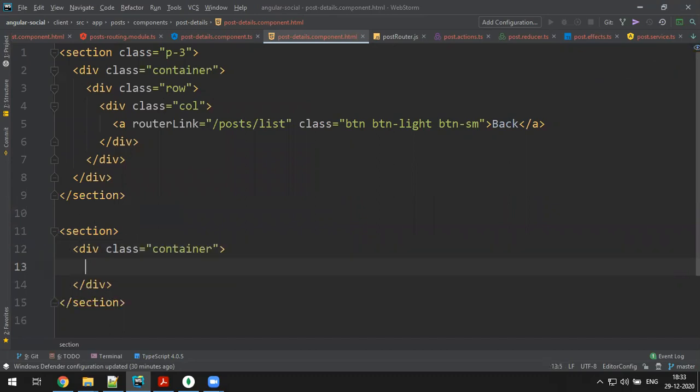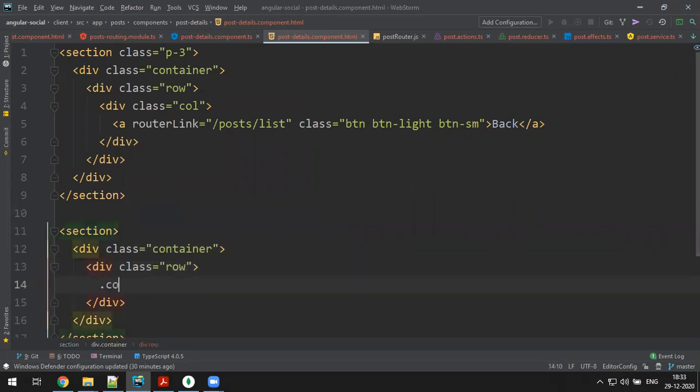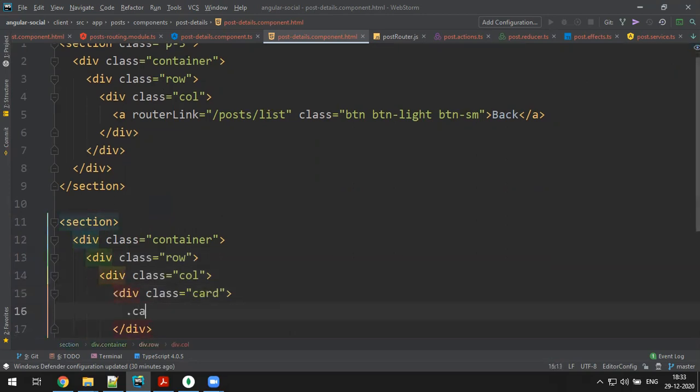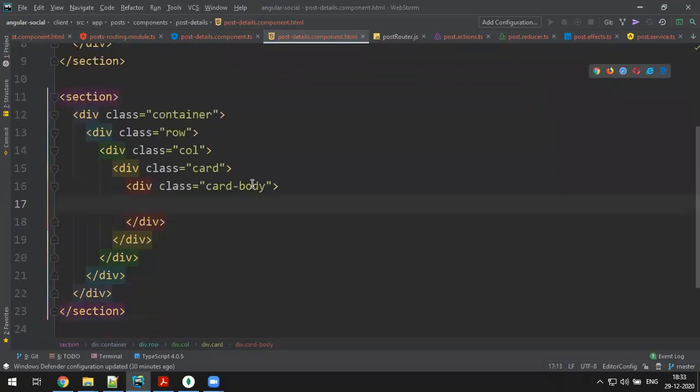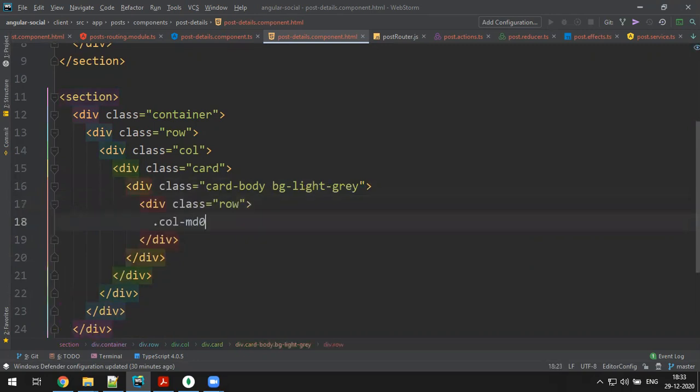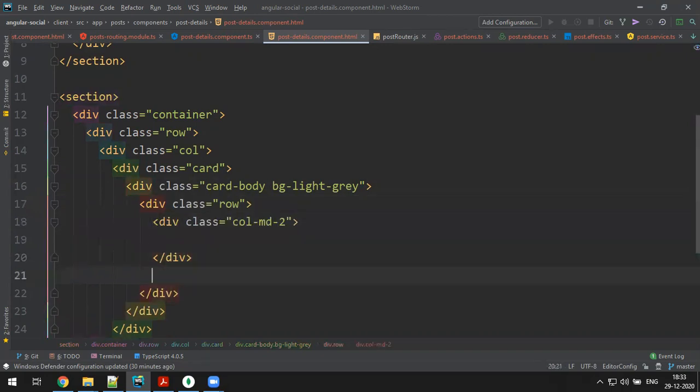Section 1, container, one row, single column. Let's say one card body. In this I'll just write bg light gray in this one row. So col md 2, two column layout, 8 column layout.